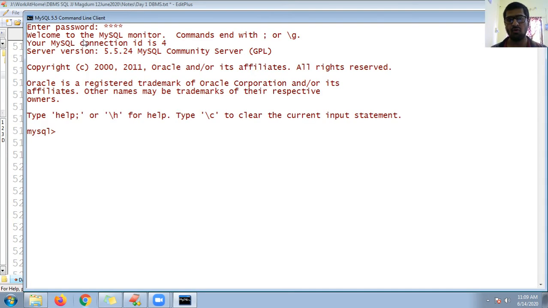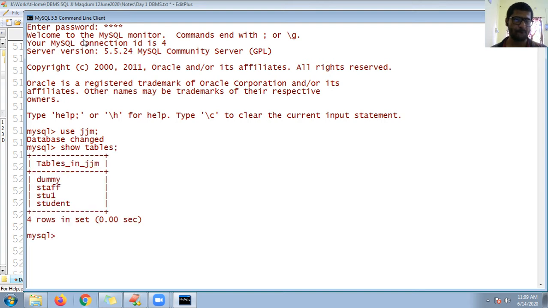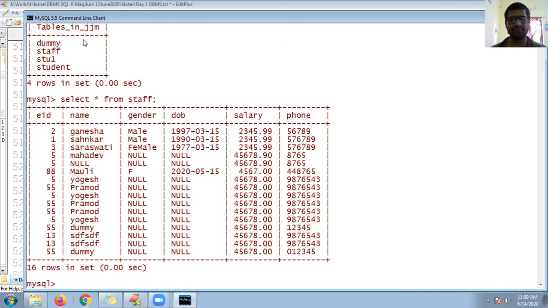Root, use JJM. Before closing, it is committed. Show the tables. Select star from the table. Fine, guys.